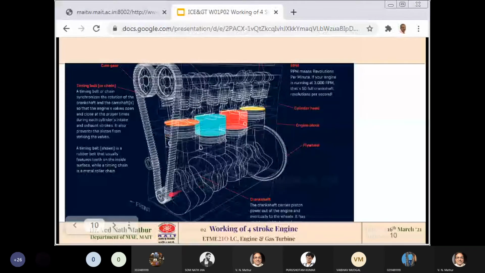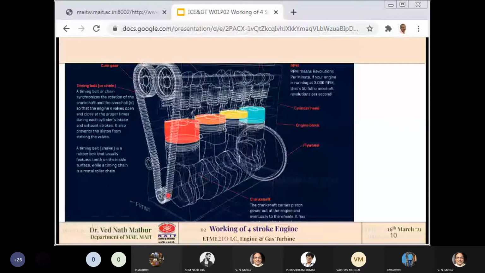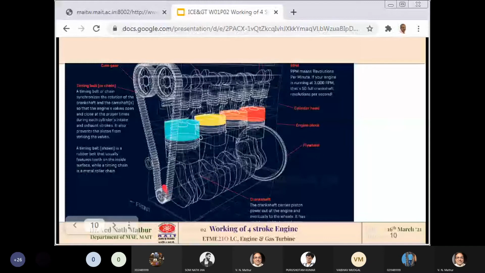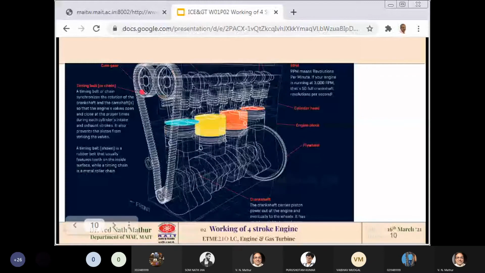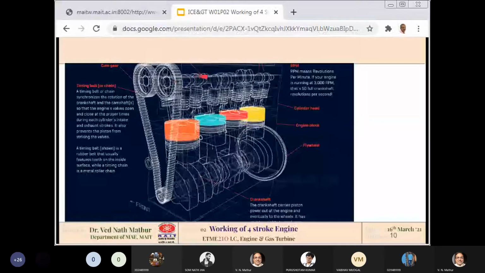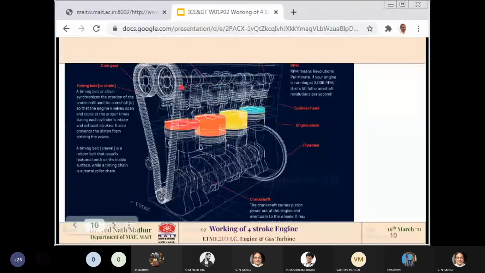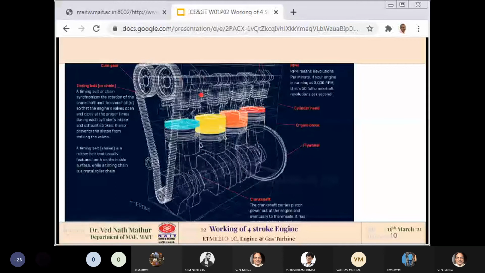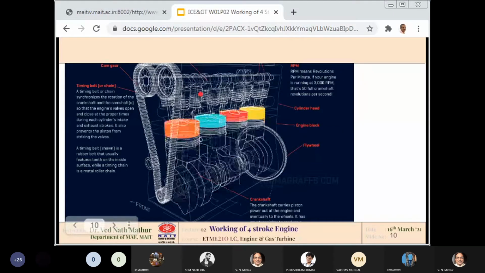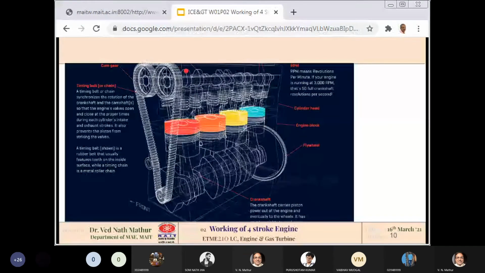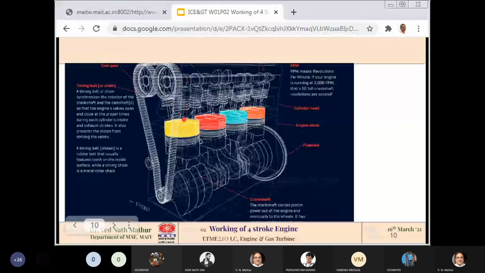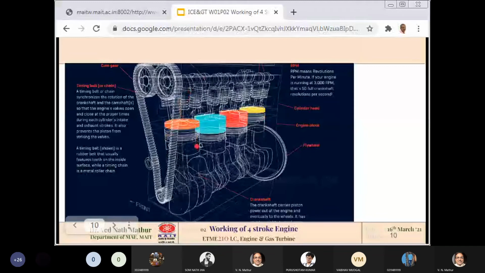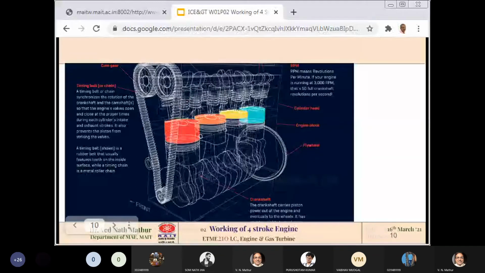So when this crankshaft is rotating, a part of the energy of the crankshaft is spent in moving these 2 camshafts. So there are cams mounted. These irregular circular devices are called cams. You will be studying about them in detail in your kinematics of machines course. These cams push the push rod, which will open and close the inlet and exhaust openings.